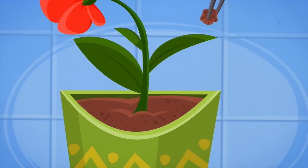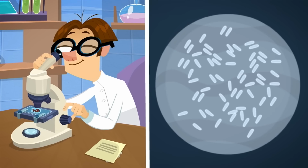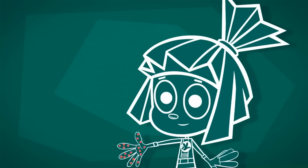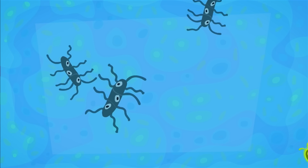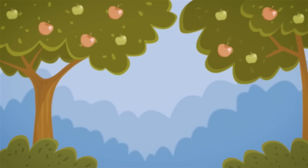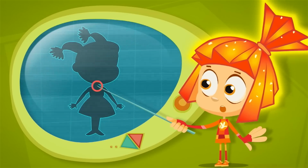Germs, or microbes, are such tiny creatures we need a microscope to see them. But they live everywhere. In the earth, the water, throughout the air. They're on everything, even on us. Some microbes are able to move around with the help of filaments or tails. Lots of microbes are harmless, but there are some dangerous ones too. If they get inside of you through your nose or your mouth, you could end up with a sore throat or a